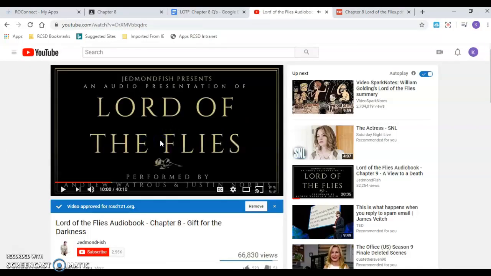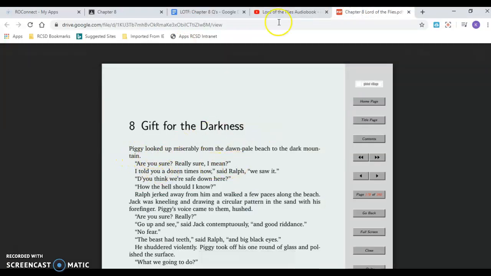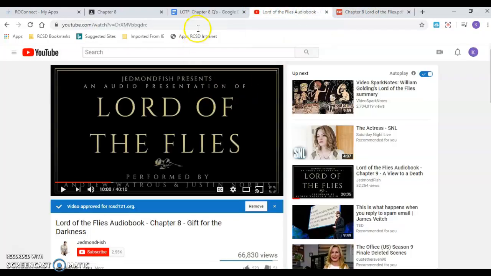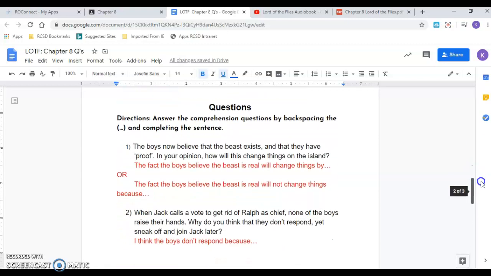Again, I recommend having this playing and then following along as that's playing. So you should have the PDF open, the audio file open, and your assignment open. You should have all these tabs and keep them open while you're completing this whole assignment. Right now, I recommend pausing this video and going and reading Chapter 8. At this point, you should have read or listened to Chapter 8, and now we're going to start